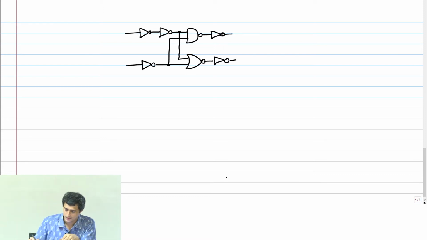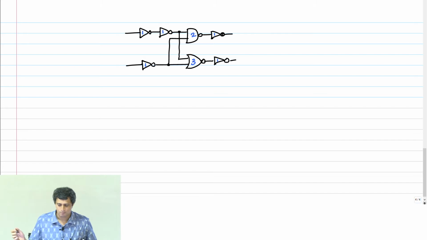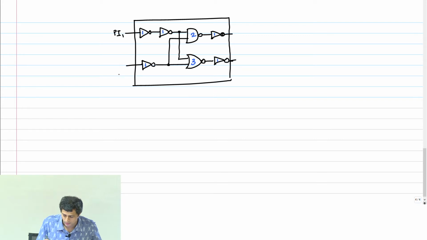So let us assume that we have done the sizing and I will indicate the delay inside the gate. An inverter has 1 unit delay. The NAND has 2 units delay. The NOR I'm saying has 3 units of delay. Let's say you have sized it like that and therefore the delay is in that fashion. So the terminology is, this is your black box circuit that you have. These are my primary inputs, PI1, PI2. This is primary output 1, primary output 2.